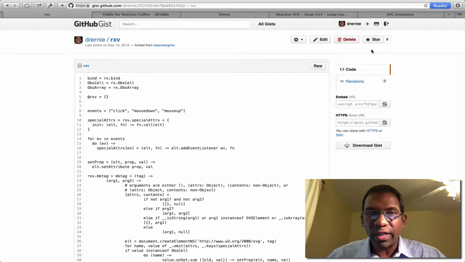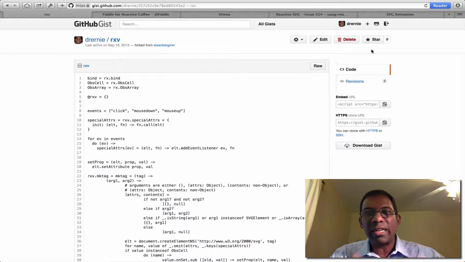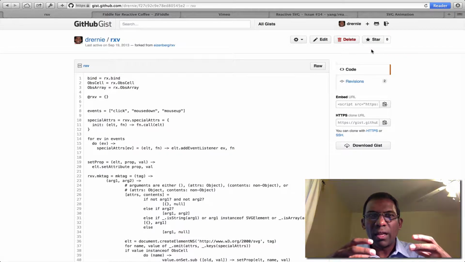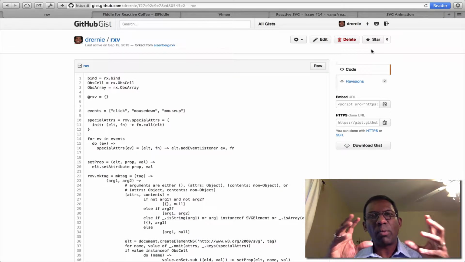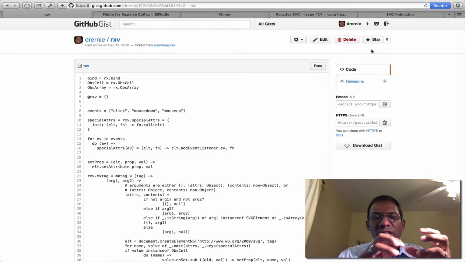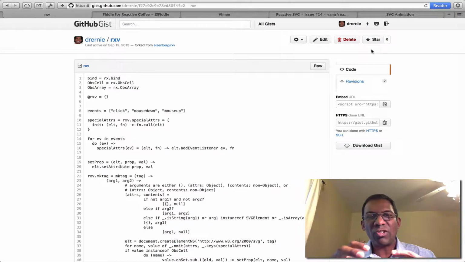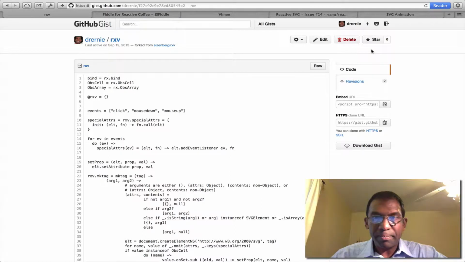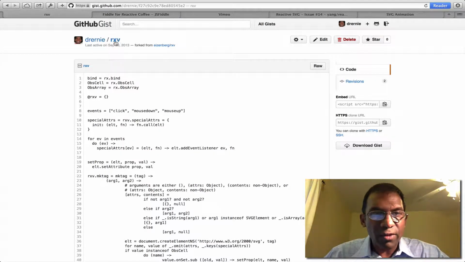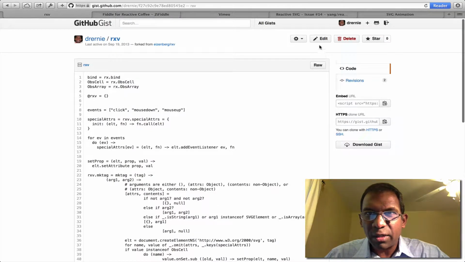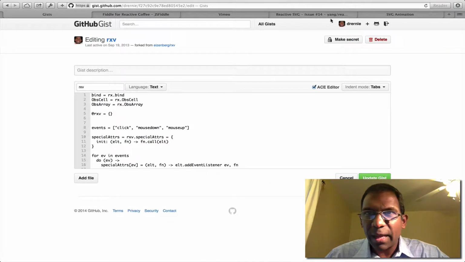So what we do is we fork it, and forking is one of the really powerful tools of working with open source. You take something someone else does and you tweak it a little bit. So it's different than just inheriting it, because inheriting it means you still work within their context. But when you fork something, you're actually making a copy that you can change yourself and making it your own. So this is the Dr. Ernie version of RxV. And what I'm going to do is go into edit mode here, and I'm going to